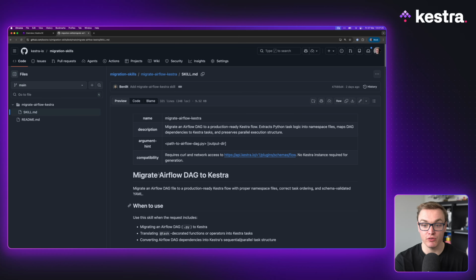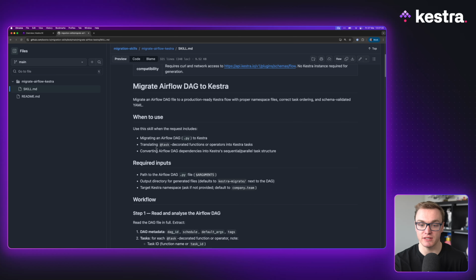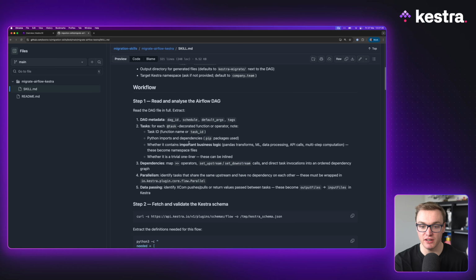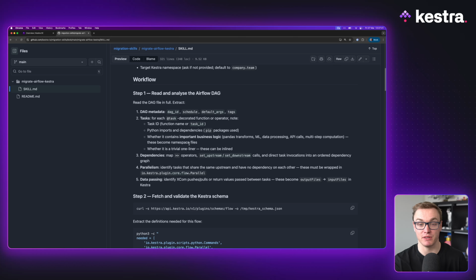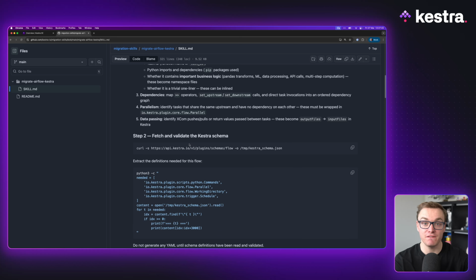Now, let's have a little walkthrough of what's actually happening here so you can feel confident that it's not about to go and hallucinate. What it's going to do is translate some task decorated functions and operators into Kestra tasks. Now, it's going to understand what's going on and map the dependencies. And then it's going to fetch a Kestra schema so it knows what Kestra is looking for in regards to